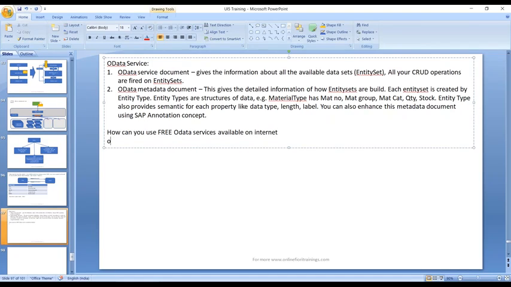The first one is odata.org. If I talk about the URL, it is http://services.odata.org. This is where you get your first free OData service, option number one. Second is a free access